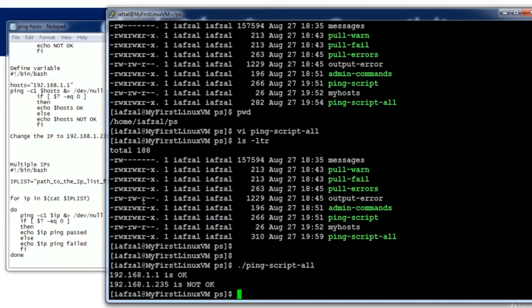So that's how you could actually create a script that will have multiple IP addresses or multiple host names that you wanted to ping. And of course, if you wanted to run this script as a cron job, you could try that, but we'll cover that later as well. So just focus on this one and try it. And if you could, seriously try to do a cron job that will automatically run at certain